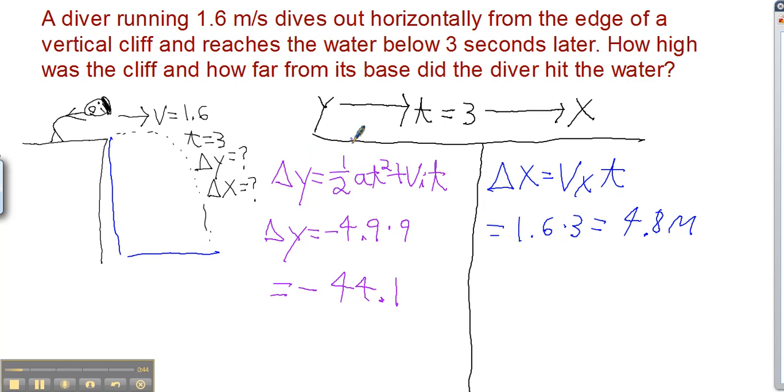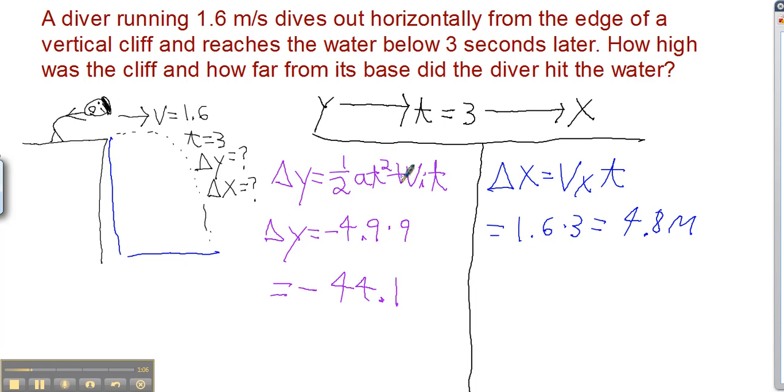So this one's particularly easy because they gave you the time, which is the most important element in these problems. So we're actually going to go both ways here. We're going to use time to get the information in the y direction and the x. Nice and easy problem. So since we're accelerating in the y direction, we use our acceleration formula, delta y equals